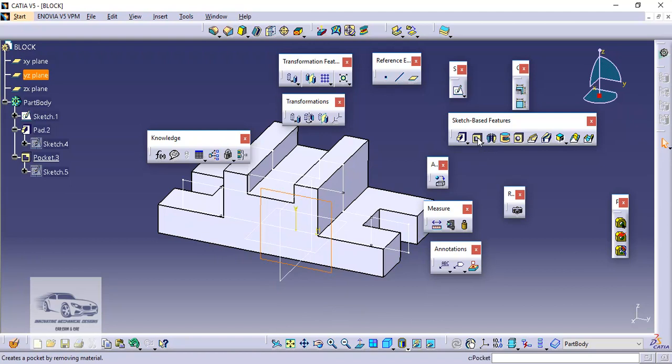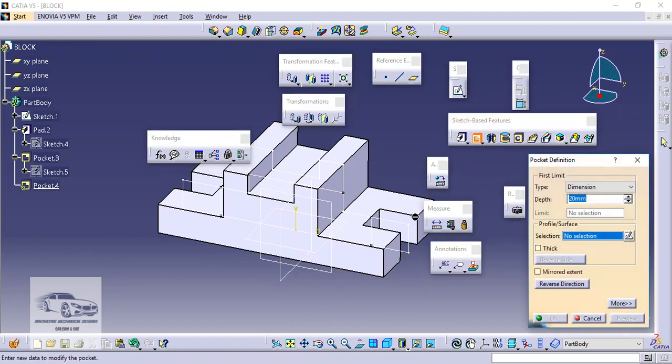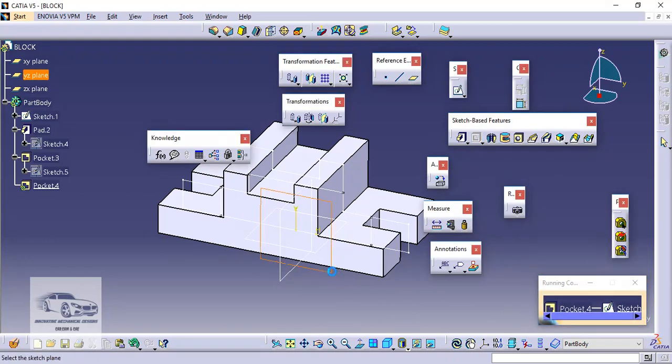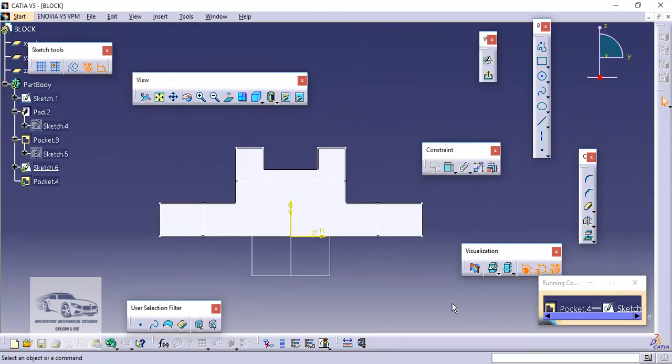Again for creating the final feature, I will go to pocket, sketch, select this front plane, projection, I will select the outer edges, and then I will trim out the unwanted edges.